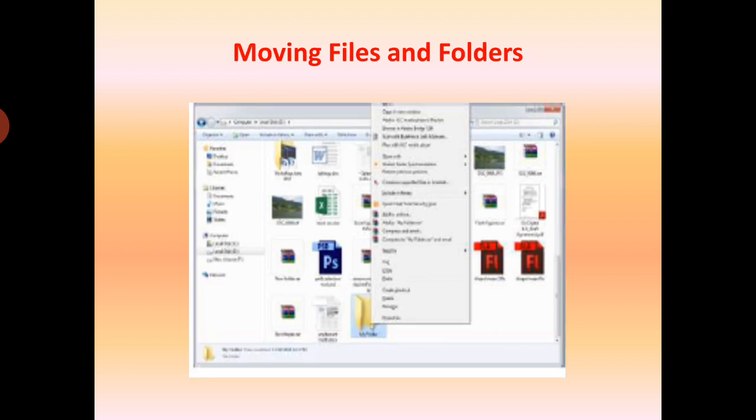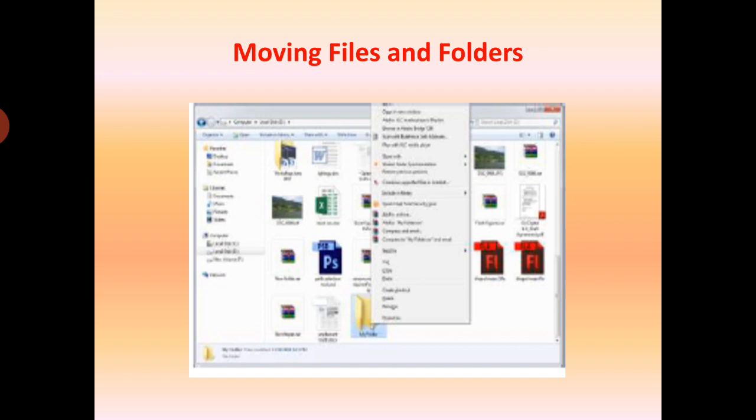Now, how to move file from one place to another place? Students, when you move a file or a folder, the original file or folder is moved to the new location. You can move a file or a folder in many ways. Number 1, using shortcut menu.